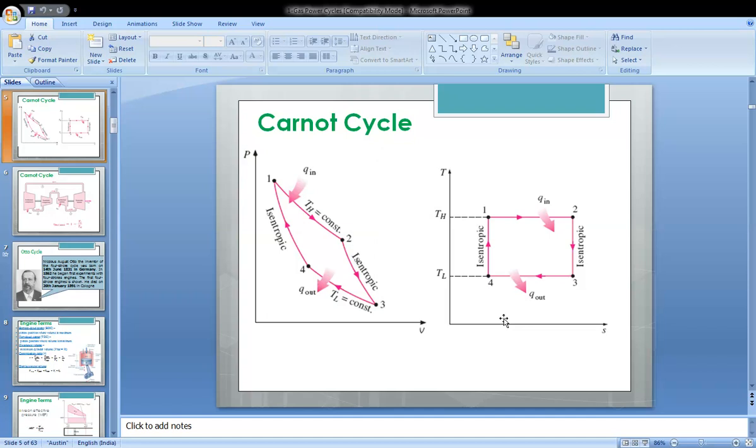In this isentropic compression process, the pressure increases from P4 to P1, and the volume decreases from V4 to V1. Then the heat is added inside the combustion chamber during the isothermal expansion operation. In this isothermal expansion process, heat addition takes place,